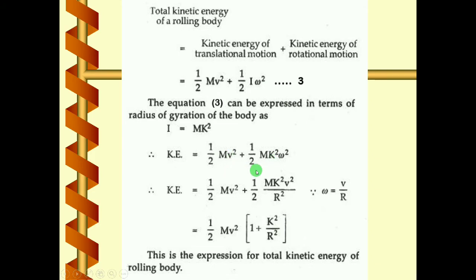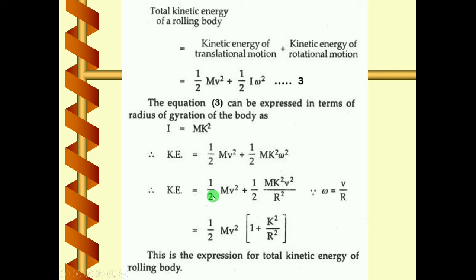Now we already know v equal to r omega. So instead of omega you can write v upon r. That is, you are writing the expression in terms of linear velocity; before, we wrote it in terms of angular velocity. If the question asks to derive the linear velocity of a rolling object, you write angular velocity in terms of linear velocity. So omega we are replacing by v upon r. Same here, mk square, and instead of omega square I am writing v square upon r square.